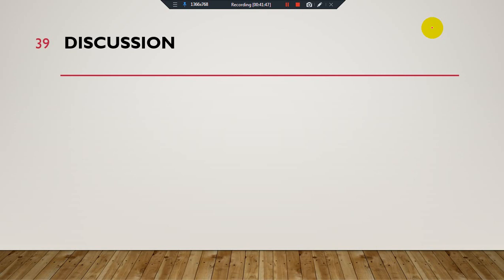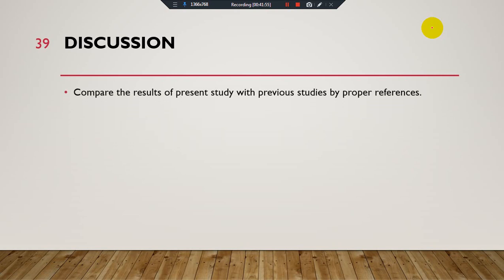And here we have a discussion part, which is a part of chapter 5 as well. Discussion compares your results with previous studies with proper references. You have to decide how many studies you are accepting and how many studies you are rejecting.